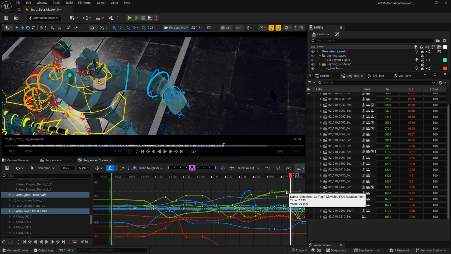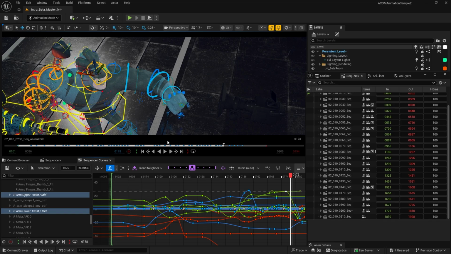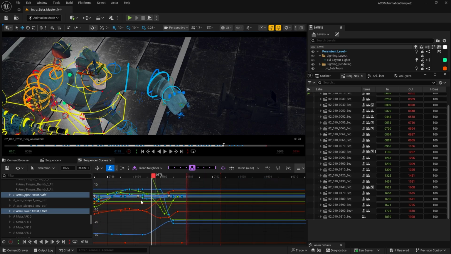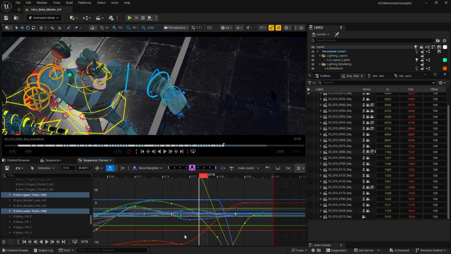Let's try this one. If I would move it under blend name towards right, it will basically make the move towards the right keyframe. As you can see, it is moving backwards. And if you would move to the left, it would move more in the way of the other keyframe. Maybe we have selected too many objects to see it clearly, but you can play around with it and see what kind of things we are talking about.